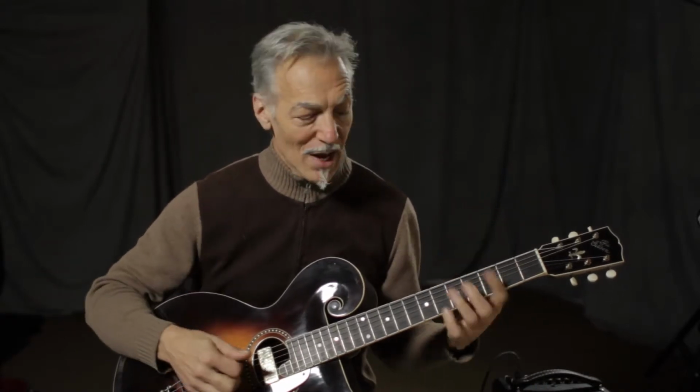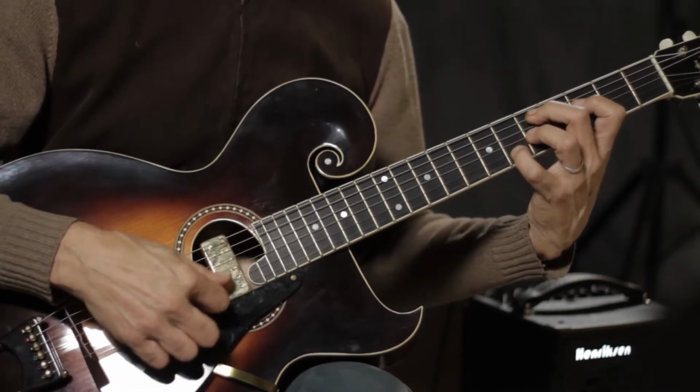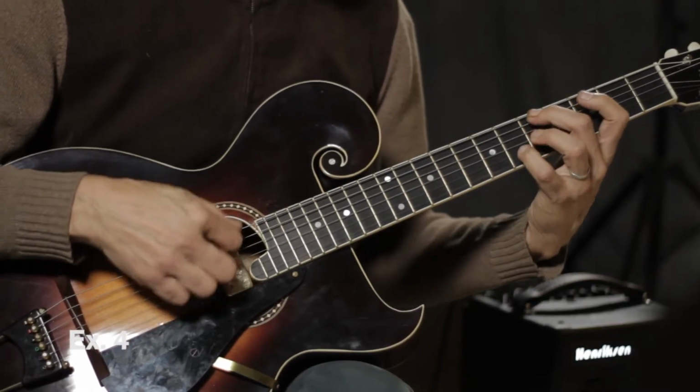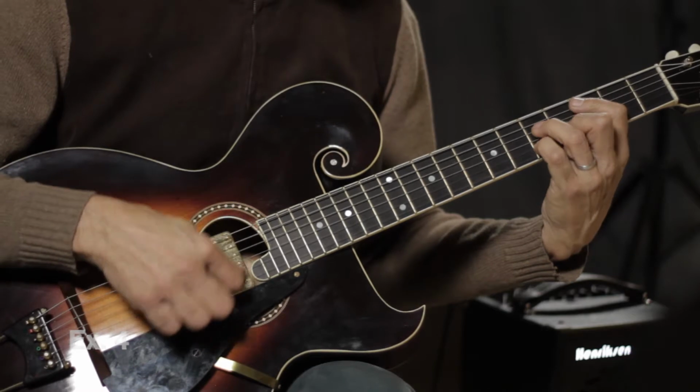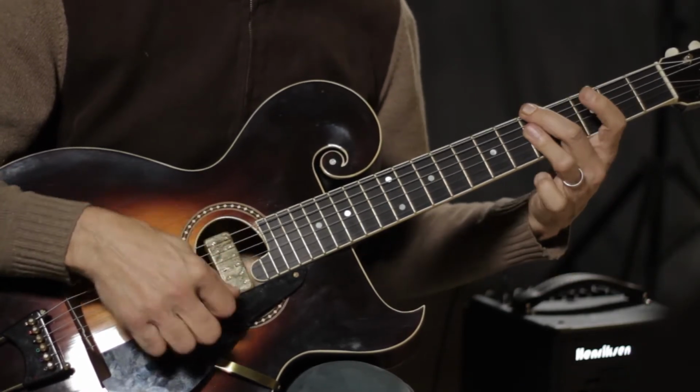So with example 4, we're going to do another jazz cliche. This is 1-6-2-5. There are plenty of songs in the world, not just jazz tunes, that are built on 1-6-2-5. In the key of C, that's C, A minor 7, D minor 7, and G7, back to C major 7. We're going to do a slight Latin feel, and we're going to slow the tempo down just a little bit. I think we're somewhere around 120. Or if you want to just play it